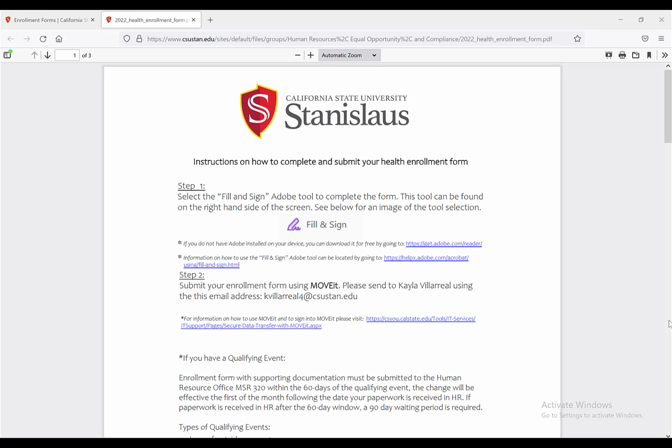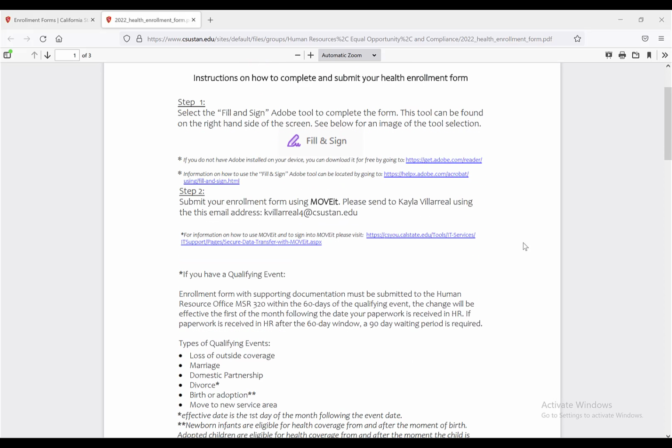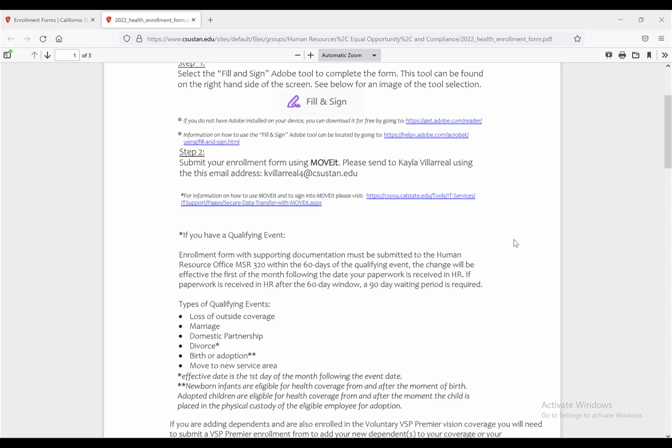This video is to provide instructions on how to complete the benefits enrollment form. This first page of the form will show you how to complete the form electronically, as well as how to submit it to our benefits coordinator mentioned in step 2. However, we are accepting the form physically as well if you did want to bring it by and drop it